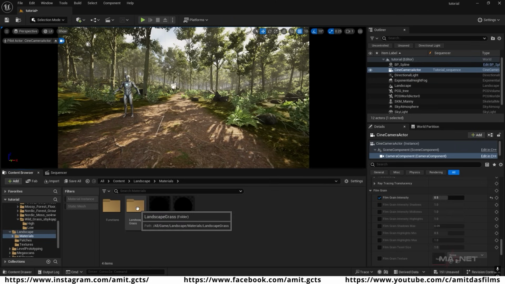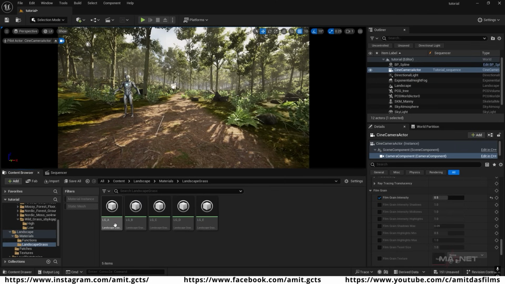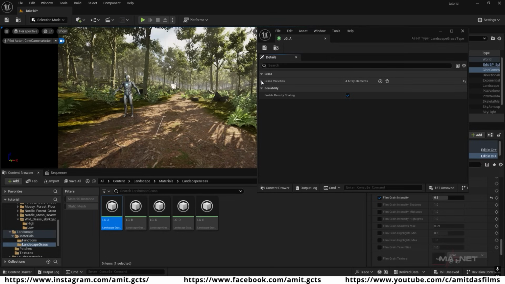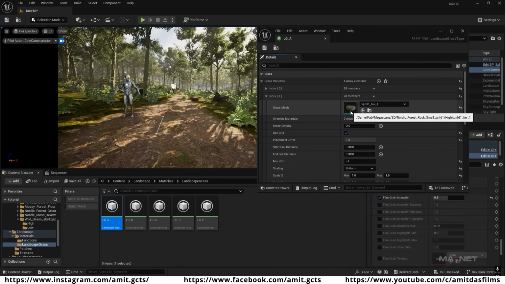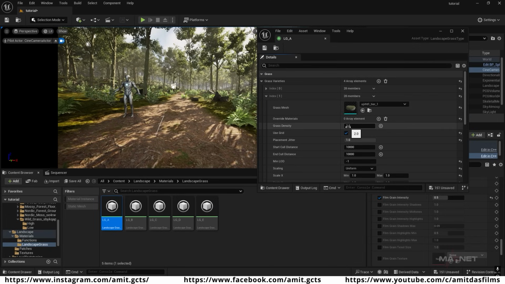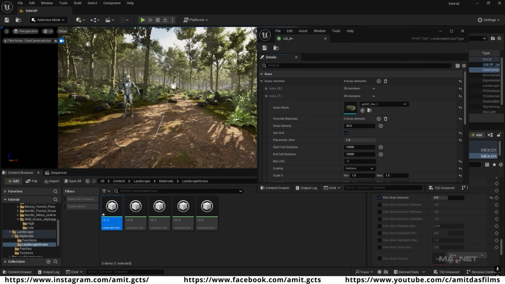And we go to this landscape grass material, and again we open this landscape grass material function, just double click to open, and we expand this grass varieties here. And if we open this index 1, just expand this. So as you can see that we have this rock density to 2 here. So first we're going to increase this value. So maybe we increase it to 20 here, and you can see that it populated so many rocks here, but